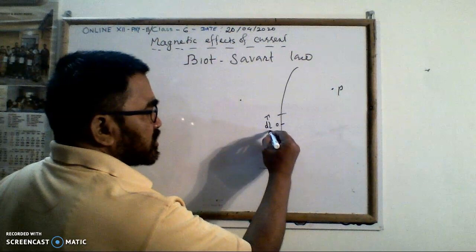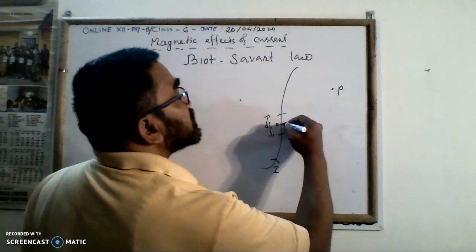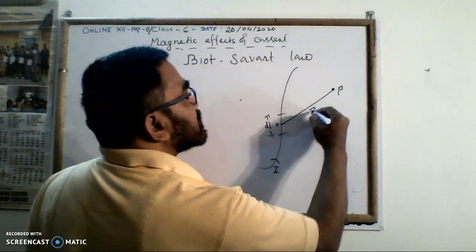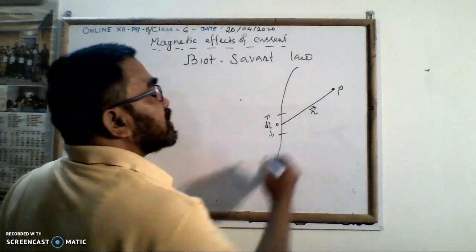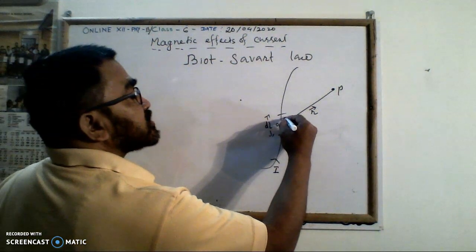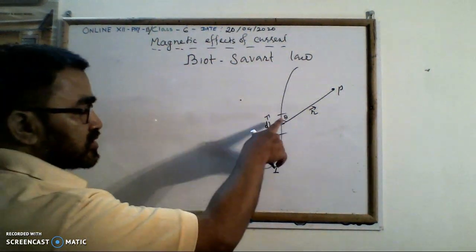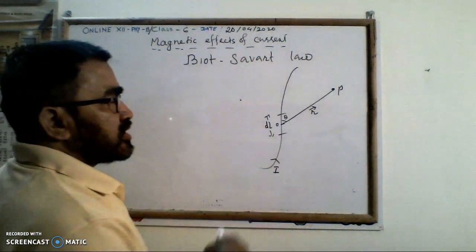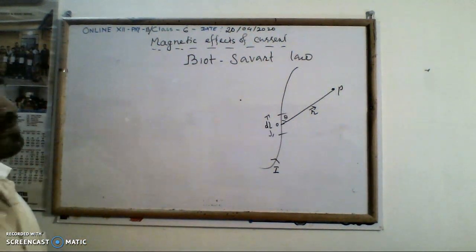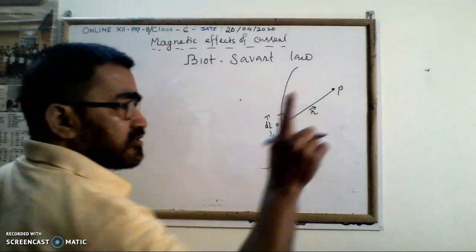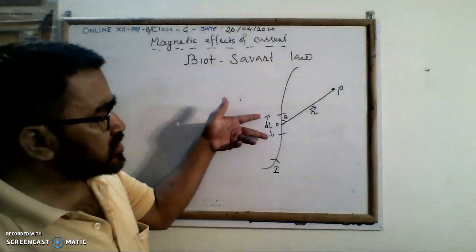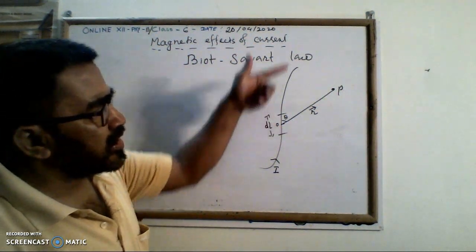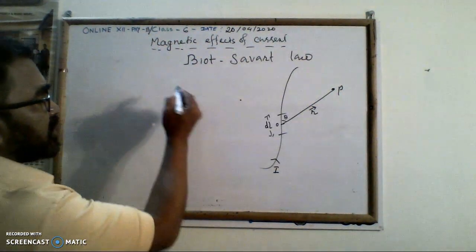dl is the length of the conductor element, and the position vector of the point P from O is r, and it makes an angle theta, suppose orientation. Theta is the orientation, dl is the length, I is the current, r is the distance. Then the small amount of magnetic field produced by this elementary length at point P, the magnitude is